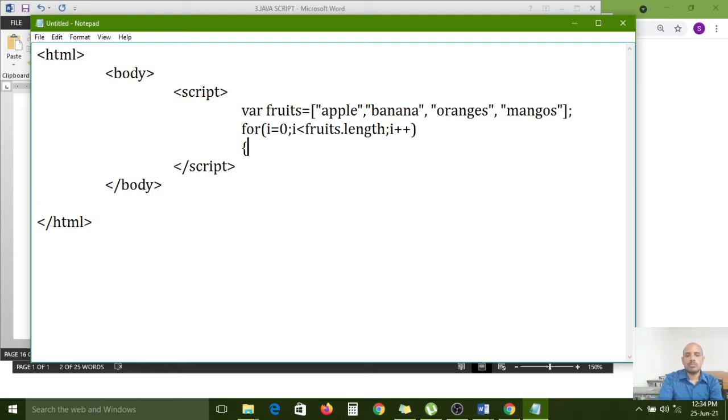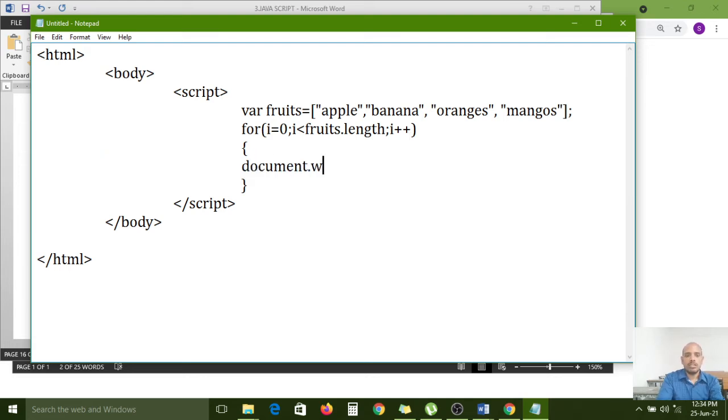Now I want to use brackets, opening and closing. The document dot write method we can use, with opening and closing brackets, and here the I value we have to pass. After that, plus symbol, and one break keyword is enough.